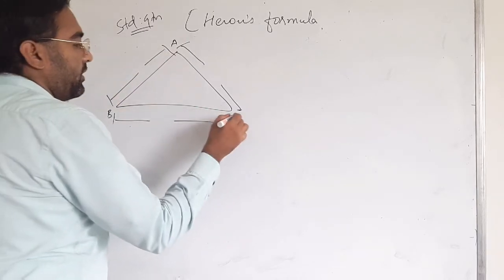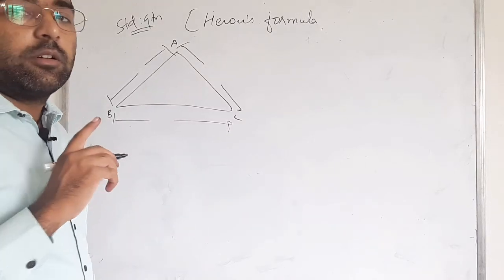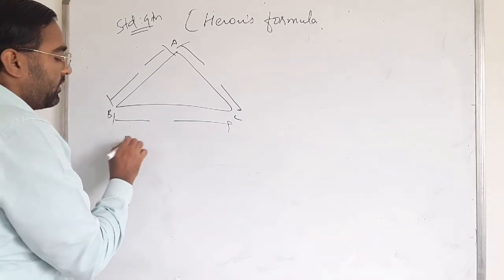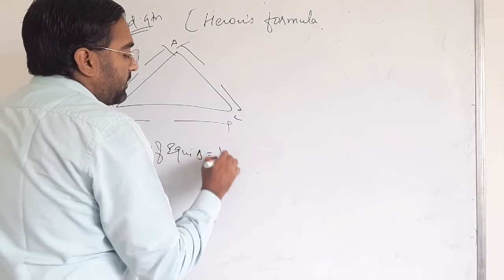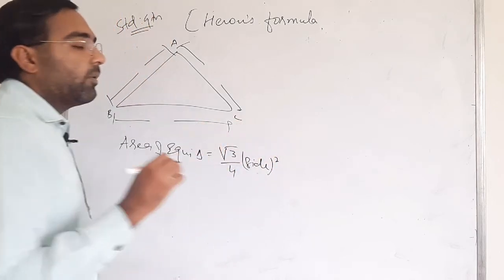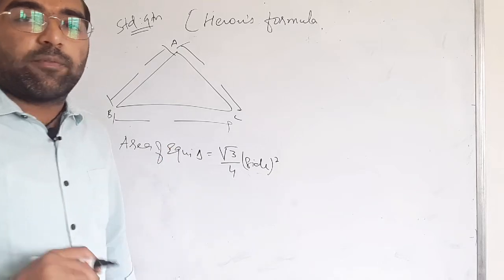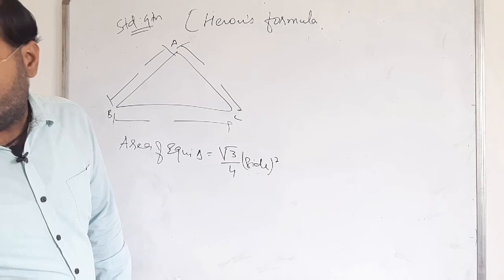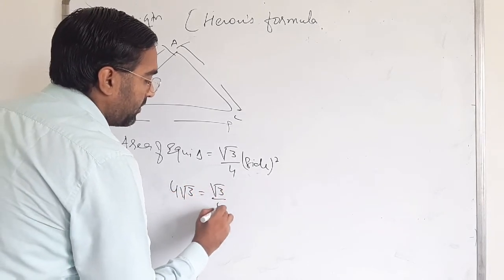ABC is an equilateral triangle. So we have to find the sides of the triangle, and since it is an equilateral triangle, we take the area of an equilateral triangle as root 3 by 4 side square, which I already told you in the first lecture. The area is given, that is 4 root 3, equal to root 3 by 4 side